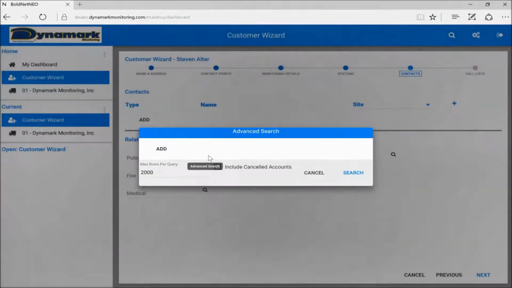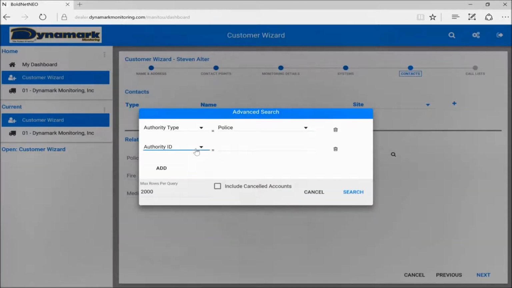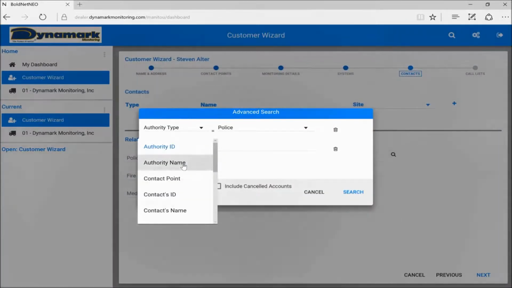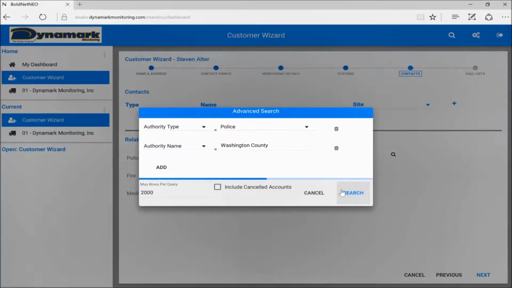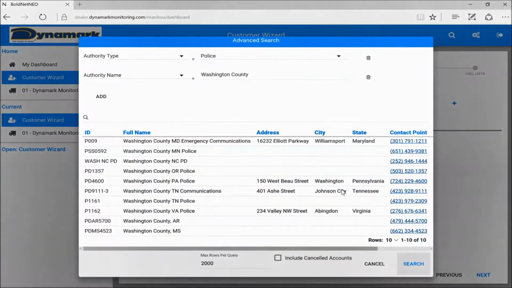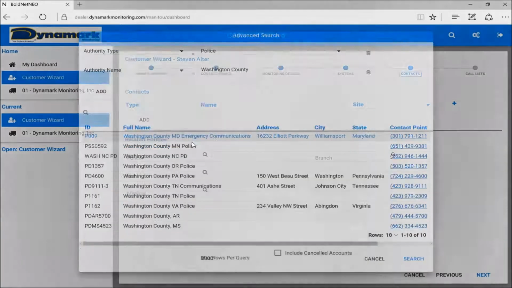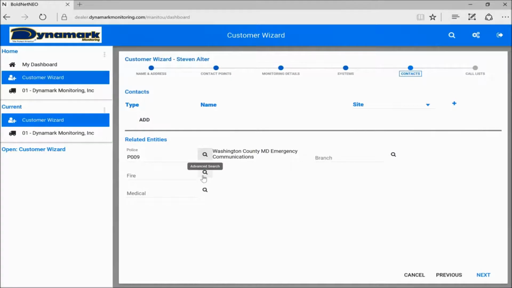We click the magnifying glass. And I like to search by name. It makes it easy. So in our case, it's going to be Washington County. So we just type in the authority that we're looking for. Click Search, and now we're given a list of the Washington County authorities. So in this case, this is the one I'm going to need, the Washington County, Maryland Emergency Communications,